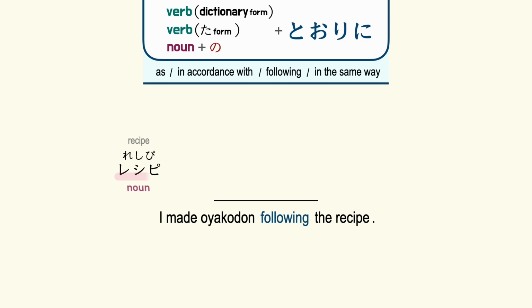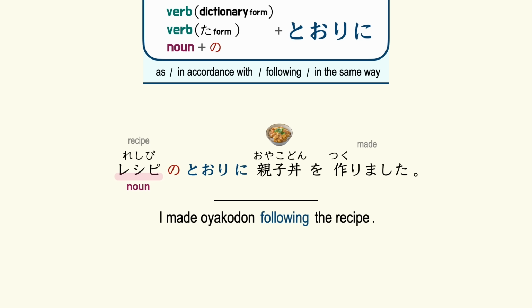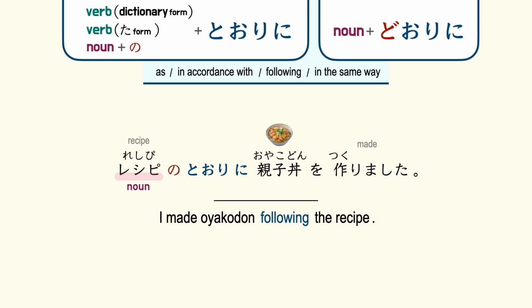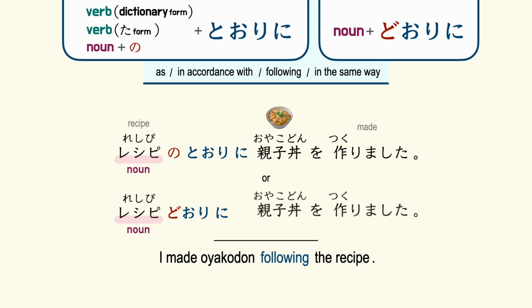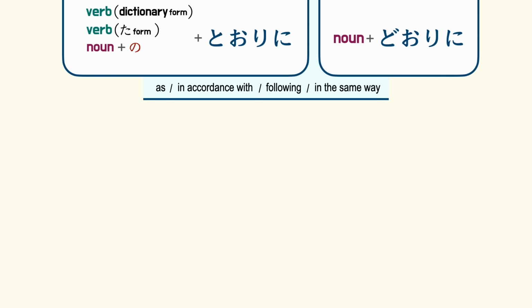When 通りに is used with a noun, you need to add の。I made 親子丼 following the recipe. レシピ is a noun. So, レシピの通りに親子丼を作りました。You can also attach a noun directly to 通りに. But in that case, 通り becomes 通り with a dakuten. So you can also say レシピ通りに親子丼を作りました。